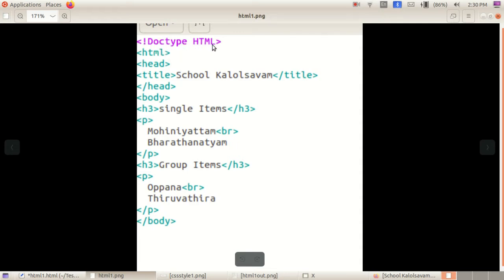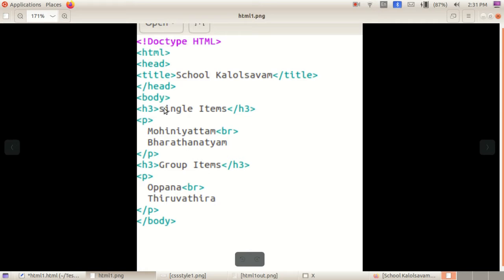Doctype HTML. It indicates the document type is HTML simply. What is this symbol? In Malayalam we can say Ashchari Chinna. That one is given here for starting the document type as HTML. After that only we start the tags.